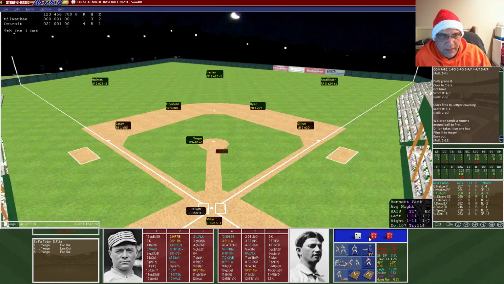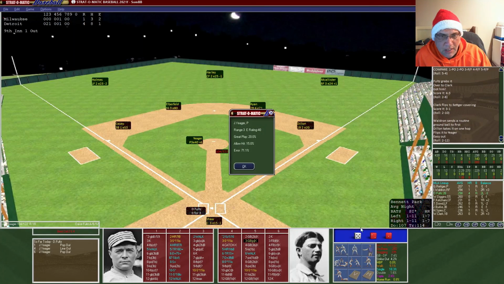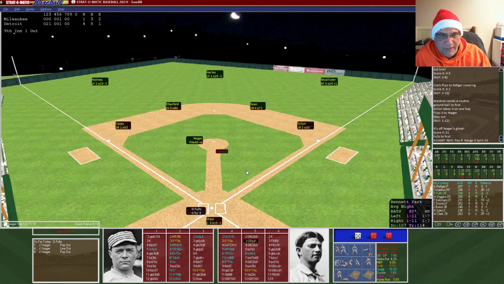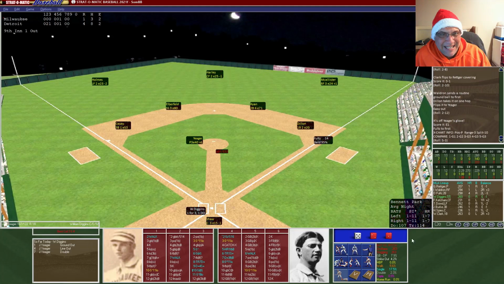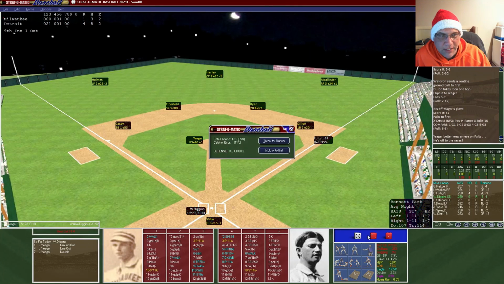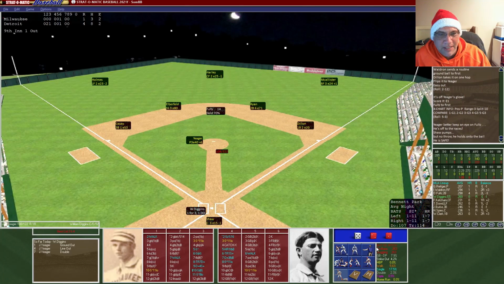Yeager now going against Fultz. He is 1 for 7 in the postseason. He does have a triple, though. Yeager is going to have to take care of this one, and he cannot. That's going to be an error. And now with Yeager's horrible arm, our pickoff play, Fultz has a chance to run. We're going to hold on to the ball. He is going to be safe.